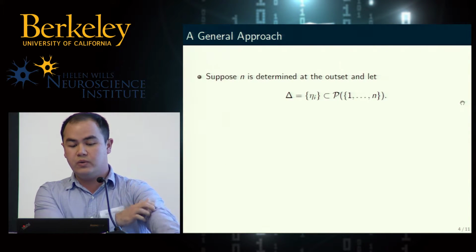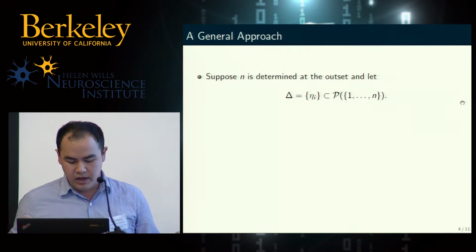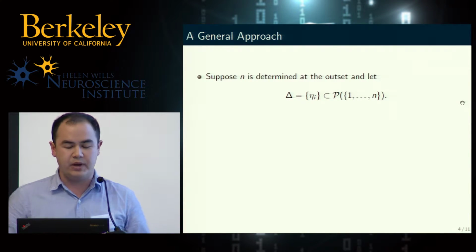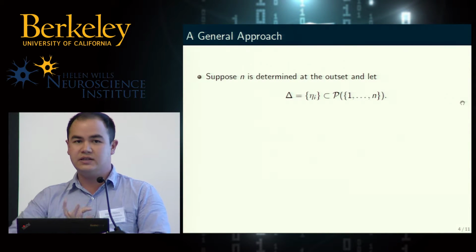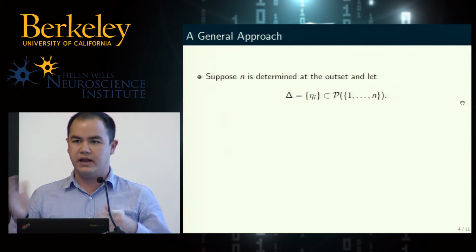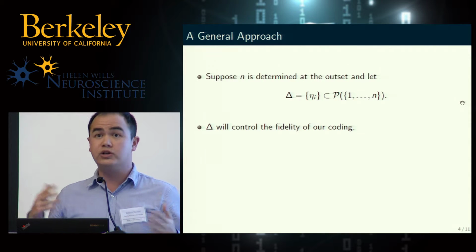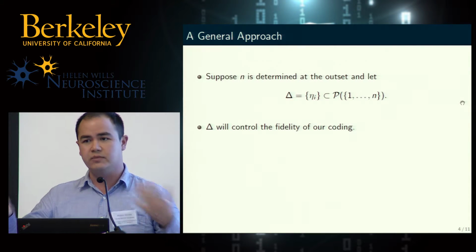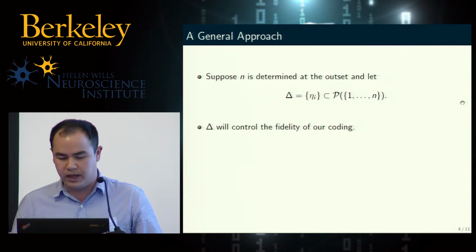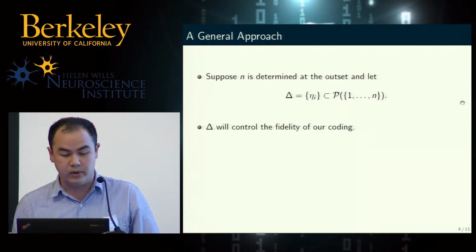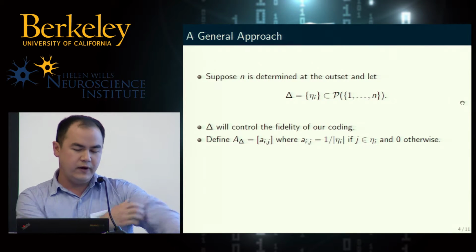Okay, so we do assume that our input space is n-dimensional. That's going to happen at the outset, and then we take delta to be a subset of the power set of the indices 1 through n. Okay, delta is going to be what's going to control our fidelity. So the larger delta is, the more fine-grained we are, and the smaller delta is, the coarser-grained we are. And then we define our weight matrix